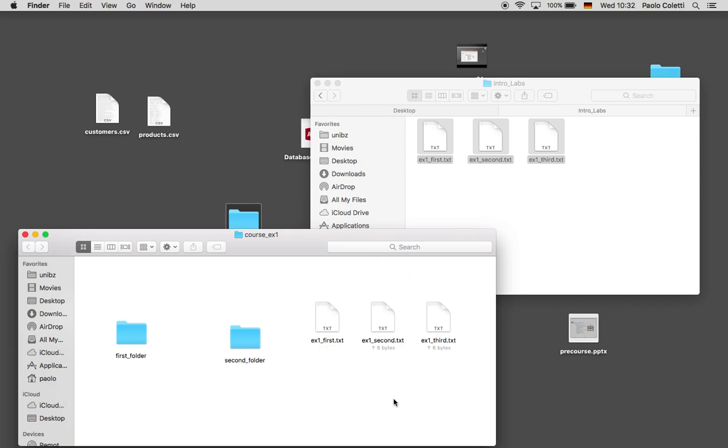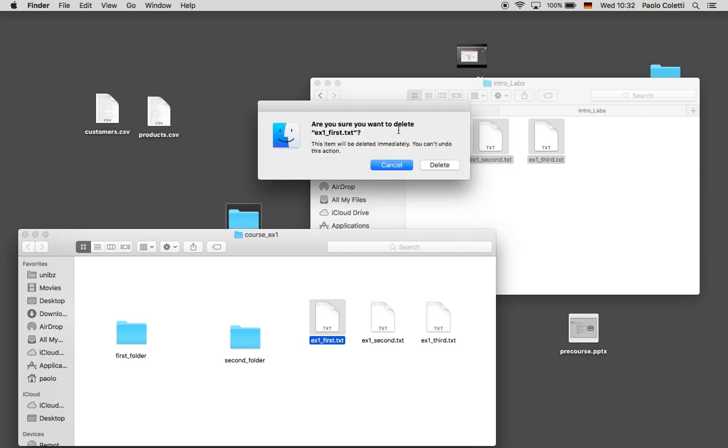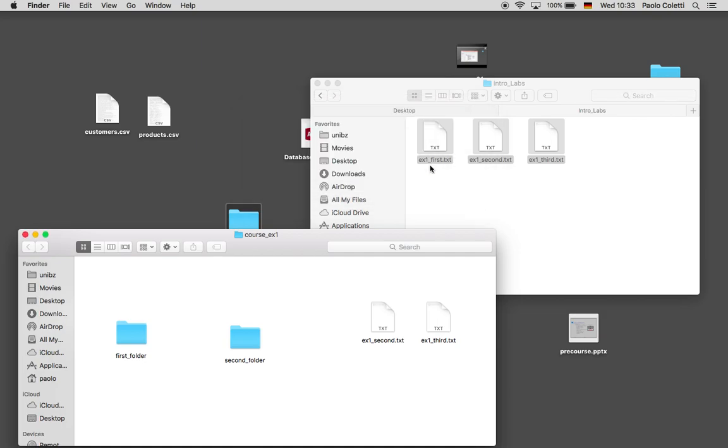Okay, a little trick: if you want to delete a file forever, immediately, without using the trash bin, sometimes you want that because, for example, you are selecting 2000 files and you don't want to move them to the trash bin and then delete, or you are really in trouble with disk space and you must delete without using the trash bin. So you just select it on the Mac, Command Alt Del. So Command Alt and Backspace because I don't have the Del. Okay. I usually want to delete this permanently. Okay, done.